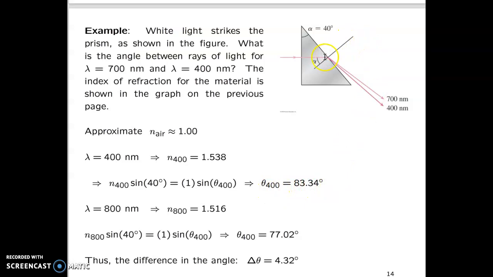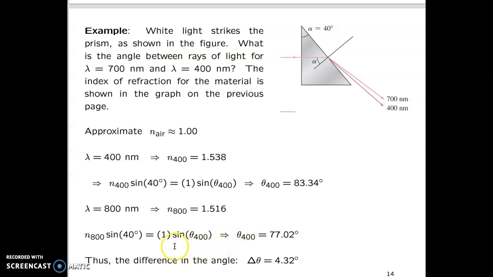So that means the angle between normal and this ray corresponding to the 400 nanometer light in the air, this angle is 83.34 degrees. And so let's do the same thing for the 700 nanometer light. Again, this should be 700, and this should be 700, and this should be 700. And here's another typo over here, this 400. That should be 700 as well. And this should be 700. Boy, a lot of